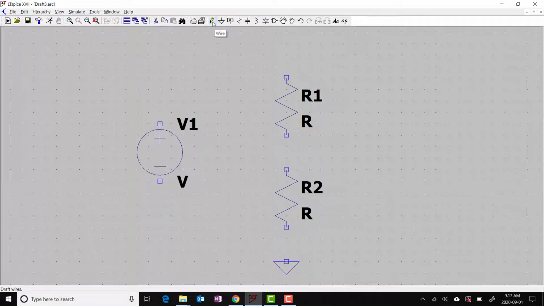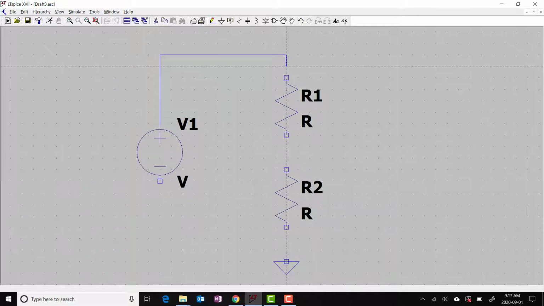So a couple more things. One, we need to connect all the components up. Back to the top, the icon again, you'll see something that looks like a pencil. If you hover the mouse over it, it says wire. You left click on that. Now if I go back to here, you might want to see this, something that's quite interesting and powerful within LTSPICE. When I start the connection,